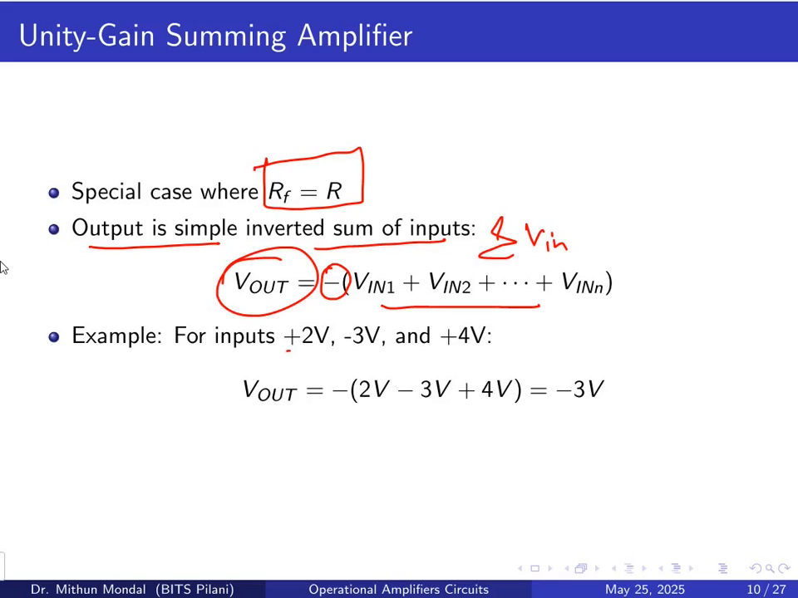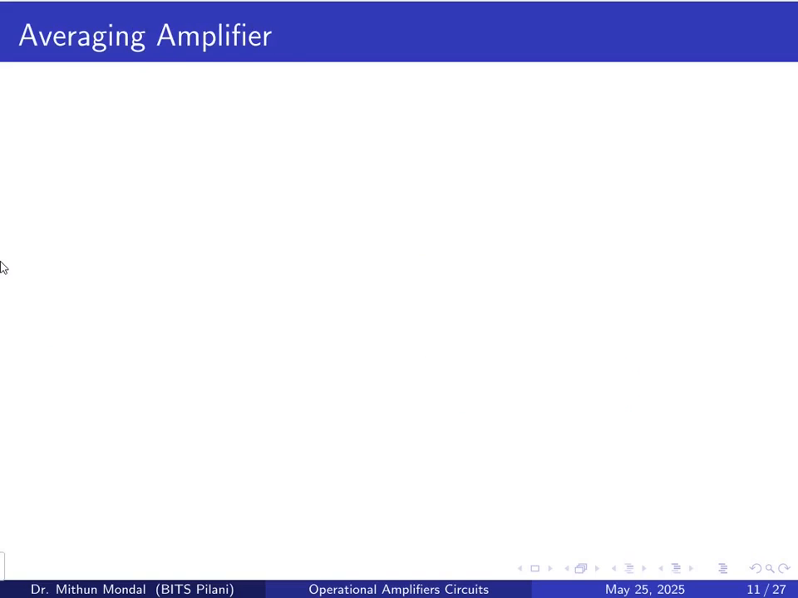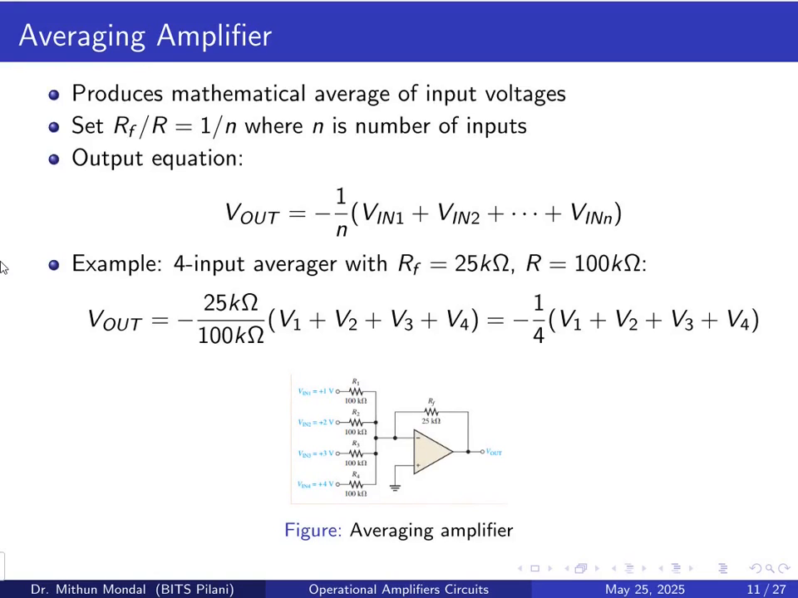So if the inputs are plus 2 volt, minus 3 volt, plus 4 volt, and so on, the output voltage we will be getting is a negative of the summation of all the voltages, which comes to be minus 3 volt. Another type of circuit, let us see the averaging amplifier, which produces the mathematical average of the input